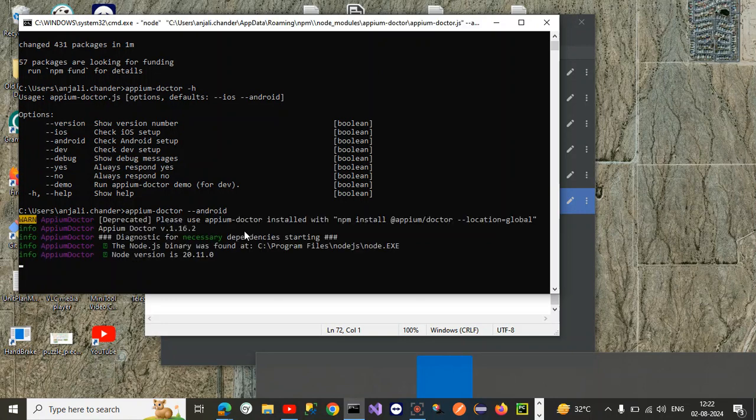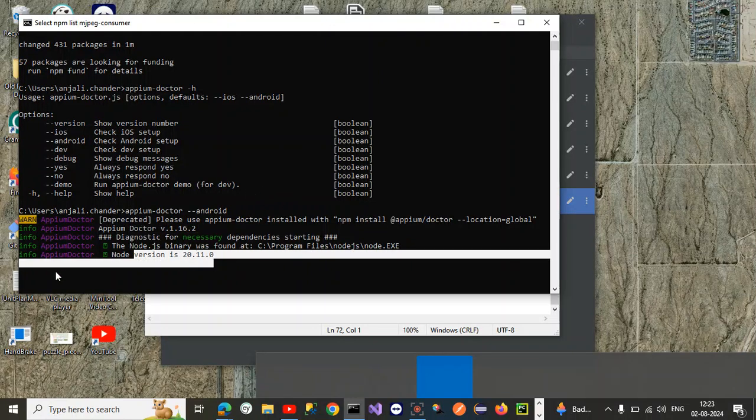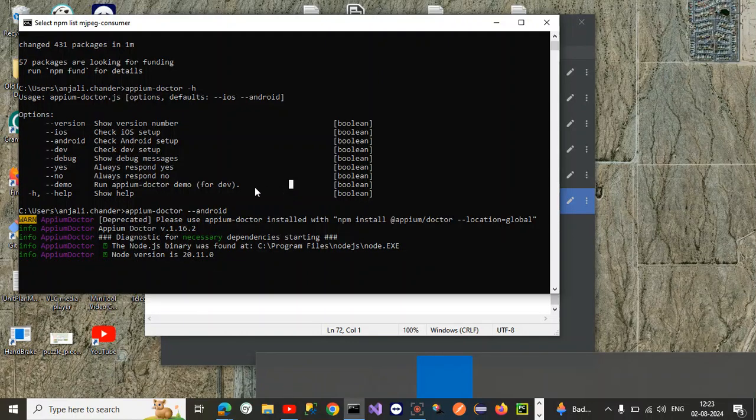Now we can check the status for the Android. See, we have the report over here. We must have the necessary dependencies installed in our system. First one is Node.js, that we have already installed. Node version is available. It is also checking for other dependencies too.